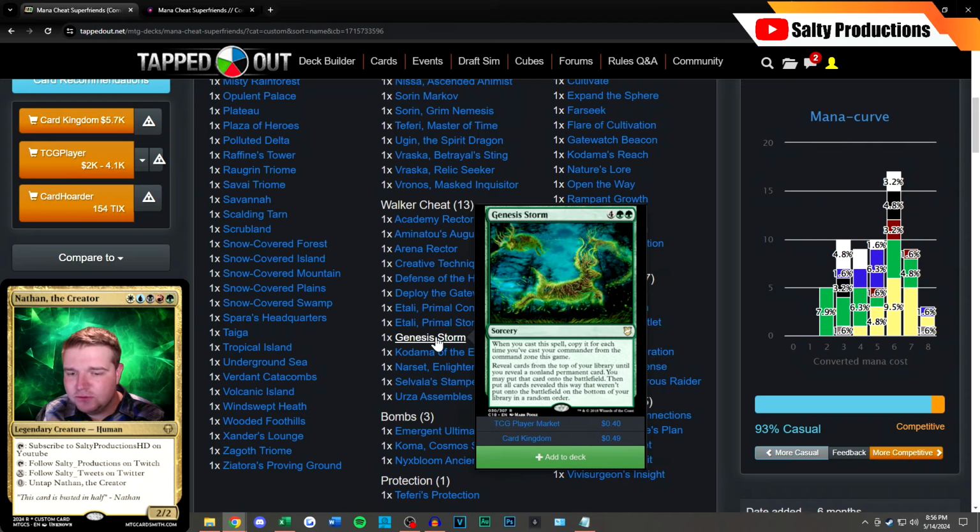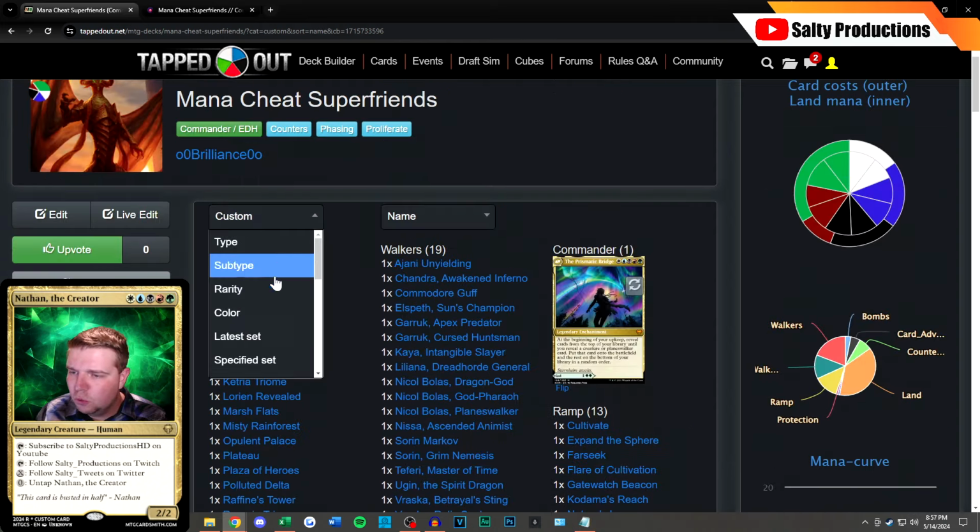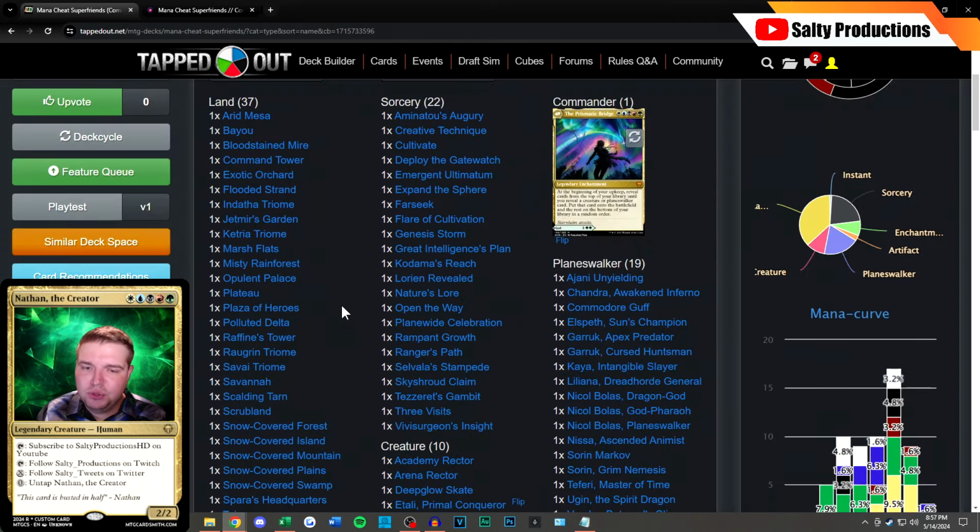When you cast a spell, copy it for each time you've cast your commander from the command zone this game, which will always be at least once because we will want to play the Prismatic Bridge before we cast Genesis Storm. And then we will reveal cards from the top of our library until we reveal a non-land permanent card. You may put that card onto the battlefield, then put all cards revealed this way that weren't put on the battlefield on the bottom. So Genesis Storm is going to trigger twice, and if we look at our permanent types here,